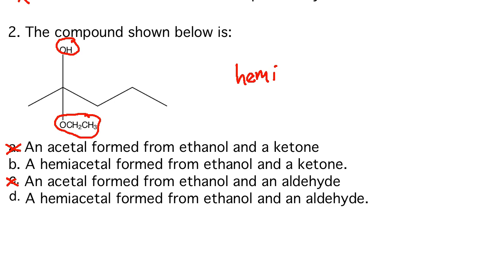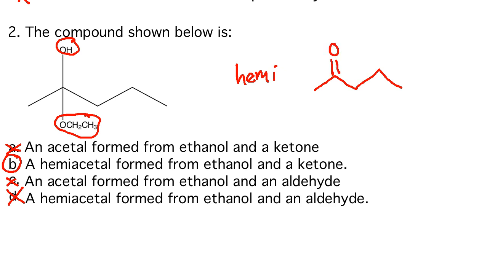Now the question here says, is this a hemiacetal formed from ethanol and a ketone, or a hemiacetal formed from ethanol and an aldehyde? That's the question. And the correct answer is B. This is going to be coming from a ketone, not an aldehyde. And that is because if you take a look at what this started from, the material that we would have started from would be